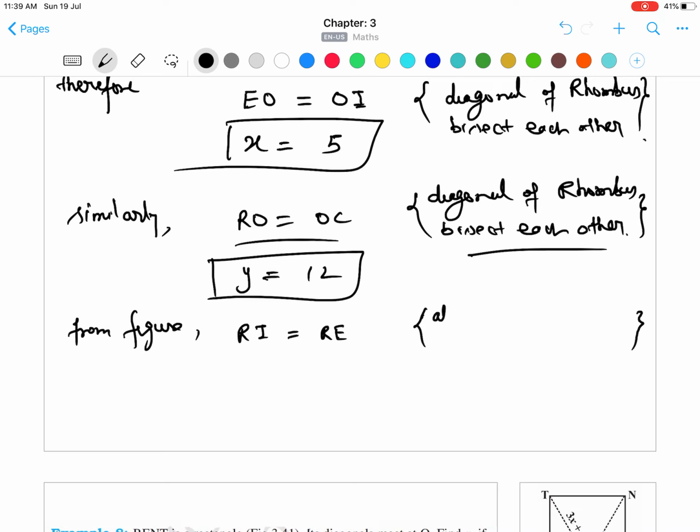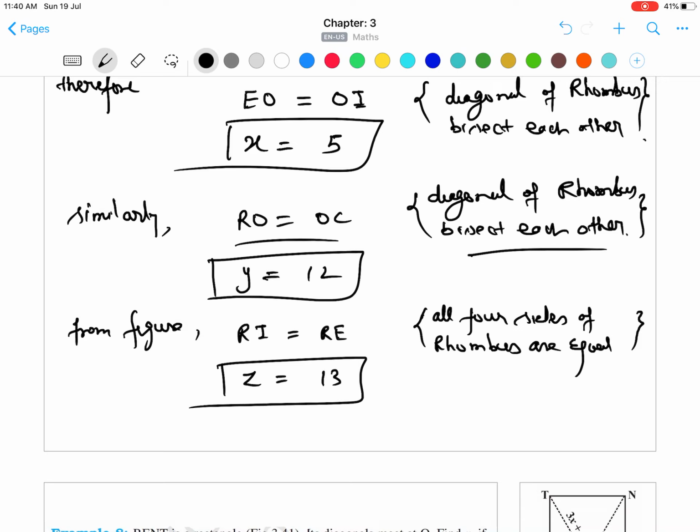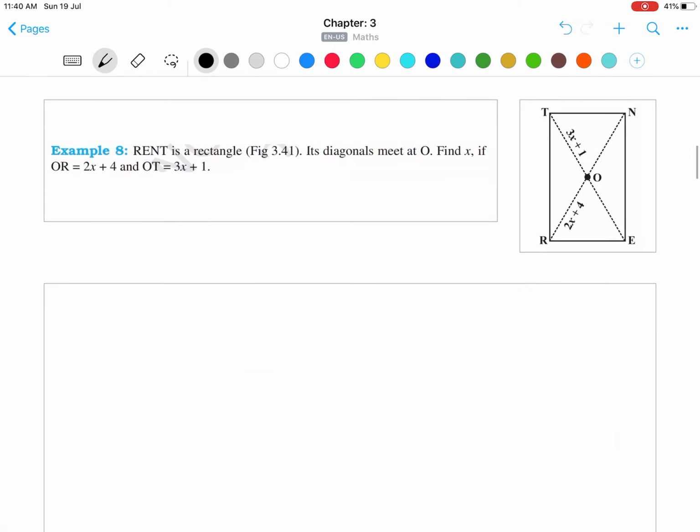So write all four sides of rhombus are equal. Since all four sides of rhombus are equal, that means RE will be equals to RI. So RI is given as z and RE is given as 13. So the value of z is equals to 13. So hence we have got the value of x, y and z. That's our answer. Moving to the next example, we have